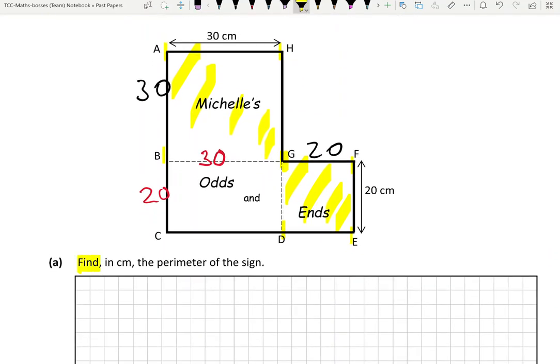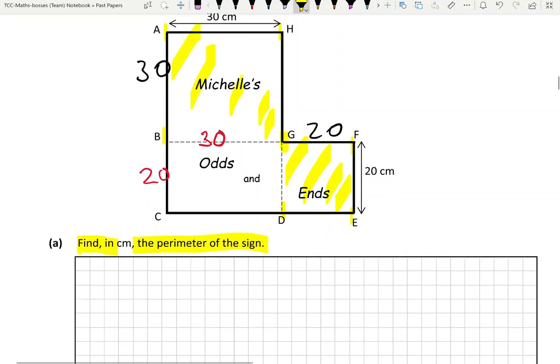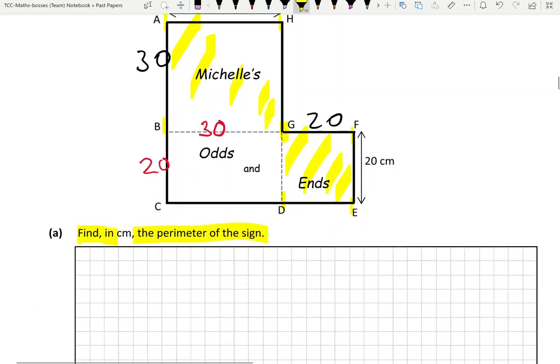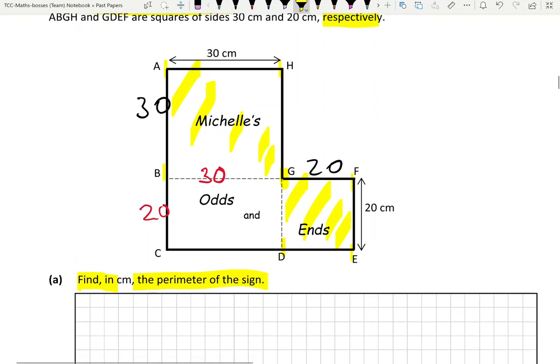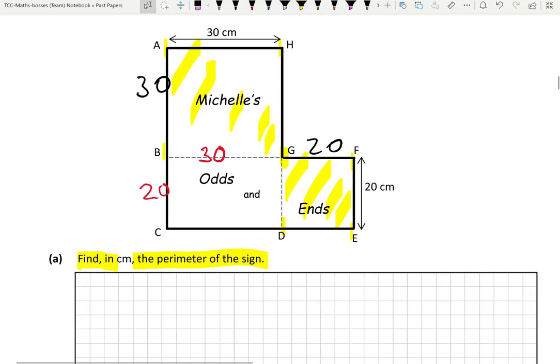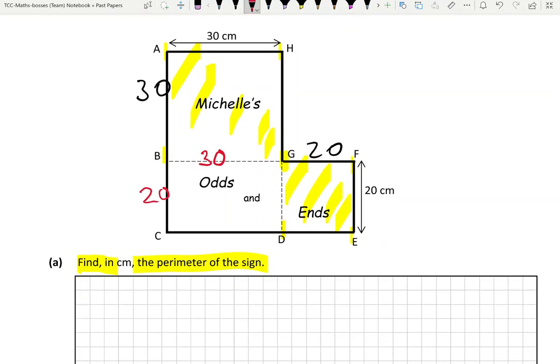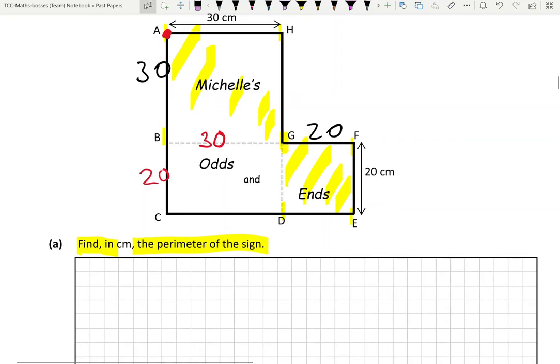Find in centimeters the perimeter of the sign. So the perimeter of the sign is the distance all the way around. So one strategy would be to start somewhere and to systematically work our way through. So I'm going to start here and start writing down the numbers, all the partial lengths that we'd have to traverse across. 30 plus 20